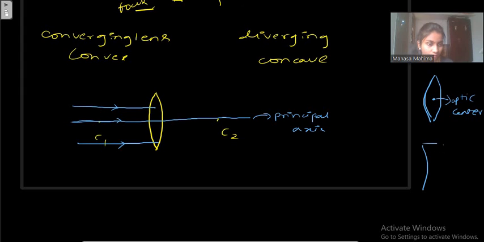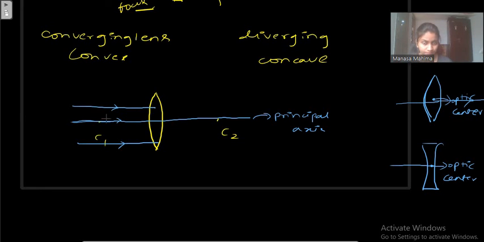You can take concave also. Even in concave you will see a central point. That point we will call as optic center. And whatever ray that you are directing to the optic center, it will just pass through that point without any deviation. You will not see any refraction or reflection if you are making the ray to pass through the optic